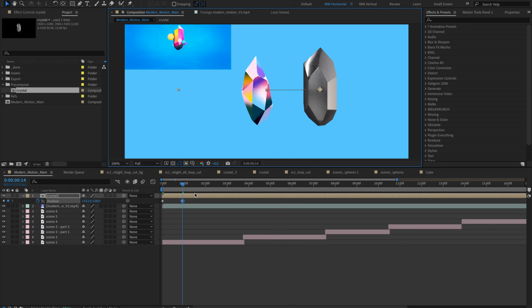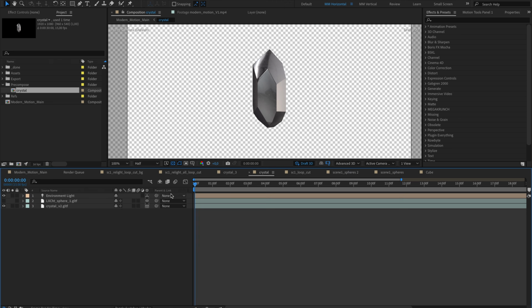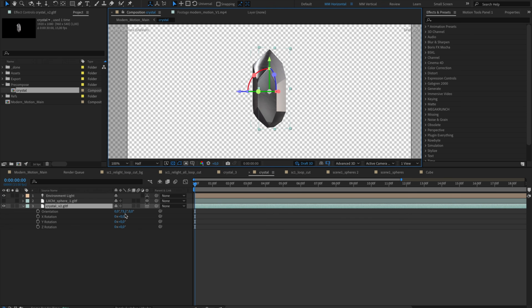If we add keyframes directly to the layers, any changes in position or scale will require us to adjust the keyframes each time. Using a pre-comp allows us to separate animation from model control. If you create another modification of the crystal, you can easily replace it in the crystal composition without affecting the